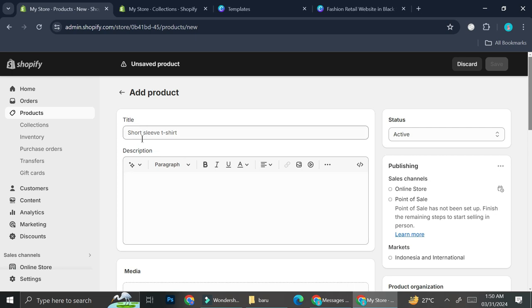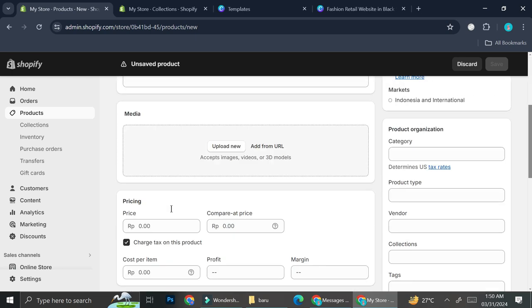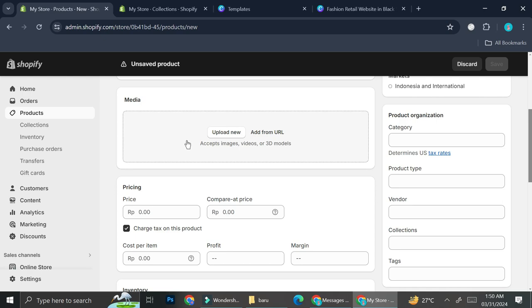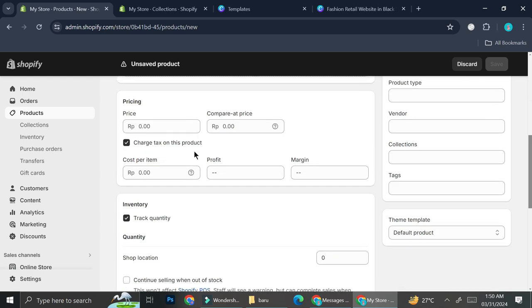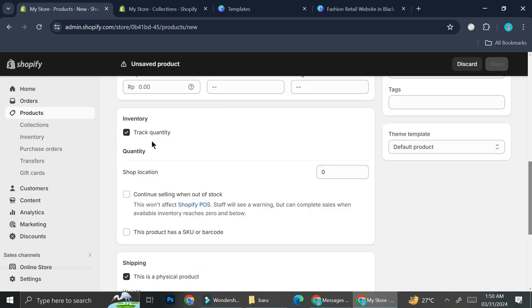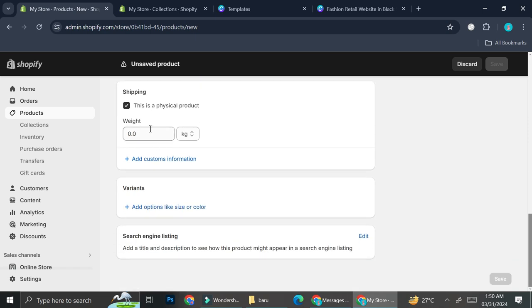add your product title, add the descriptions to it, add media such as pictures and video. Then you can set your pricing. You can also track your inventory, set your shipping, add your variants, etc. But let's say that the clothing store that you're trying to create is not actually the one from your own brand. Let's say that you want to do a drop shipping business, or you just want to do the reseller